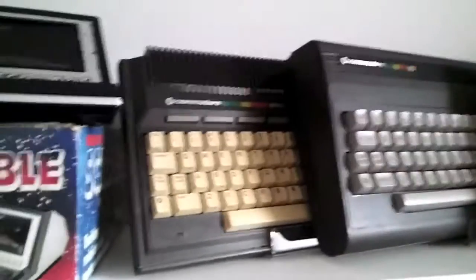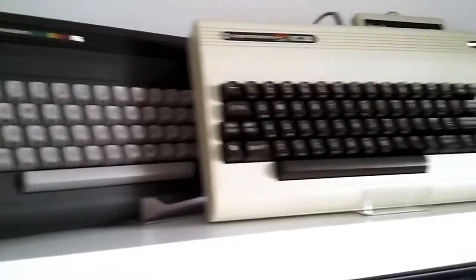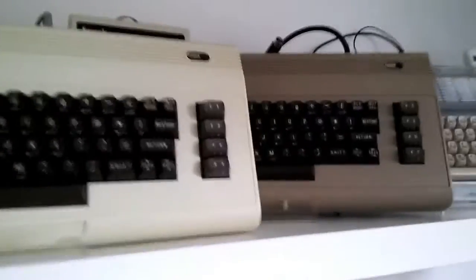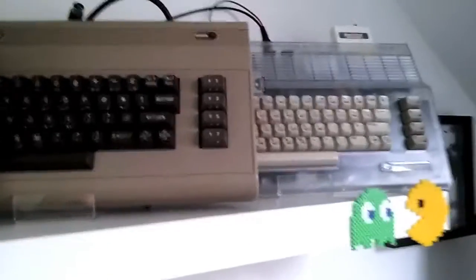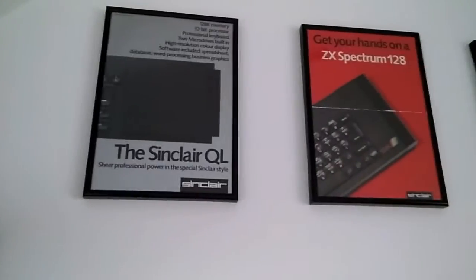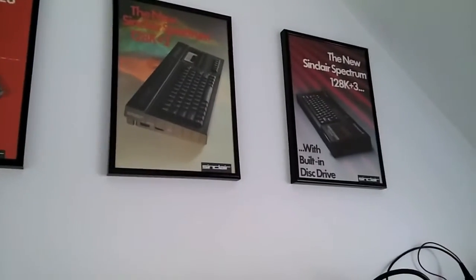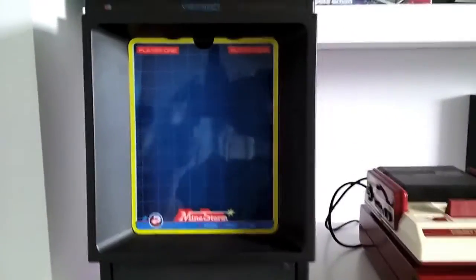Then I've got a C16 plus 4, a Commodore 16, a VIC-20, a Commodore 64, and a Commodore 64C in a custom translucent case. Up on the wall here I've got various brochures from Sinclair. Backing off a little bit, coming down, I've got a Vectrex, absolute mint condition,